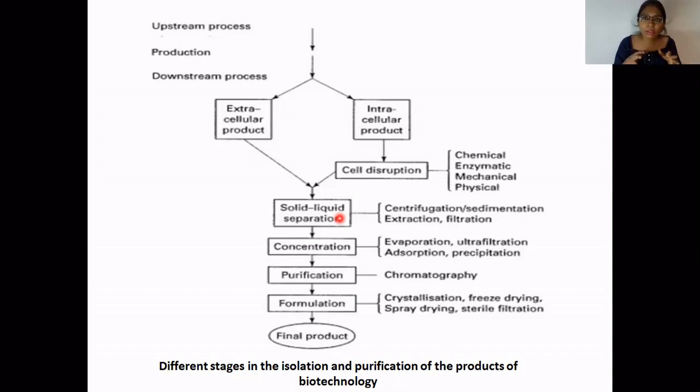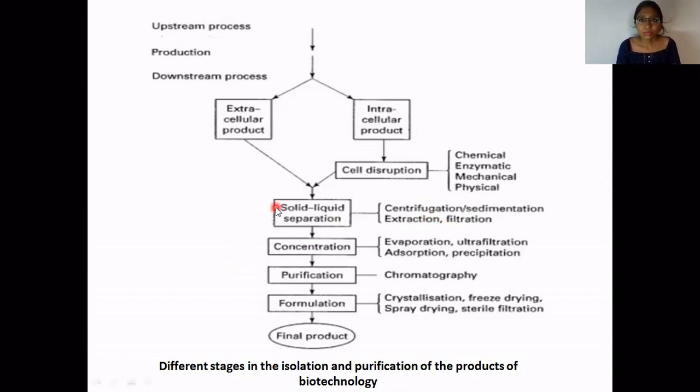Apart from that, if you are interested in the liquid part, where a product like an enzyme is present, you are not interested in the waste that is present. So you need to separate it out first, so that you can treat only the liquid part. That means the overall fermented volume will be reduced. It is easier to handle the lesser volume as compared to thousands of liters of volume. That step is carried out using different methods such as centrifugation, sedimentation, extraction, filtration, etc.